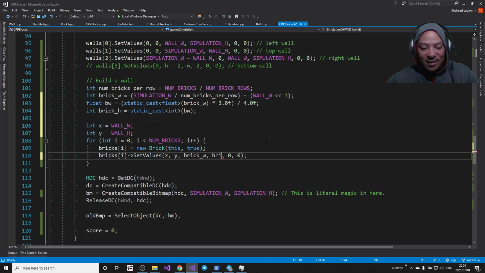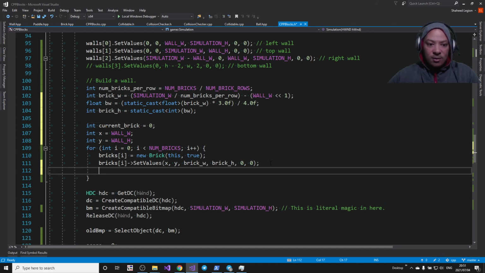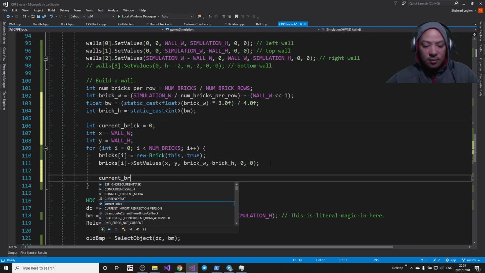So now we've got our brick height. Oh, no, that's not at all how I define a brick width and edge. Now what I want to do is advance the x until... oh no, just the current brick count equals 0. Brick